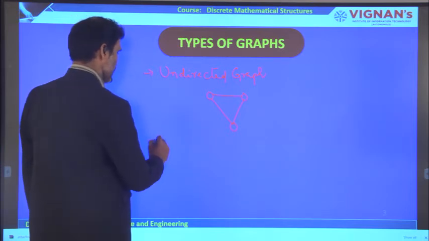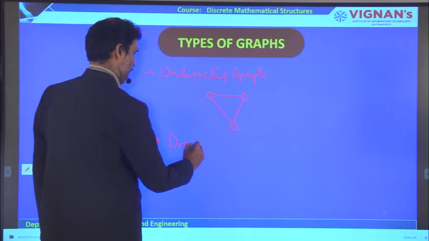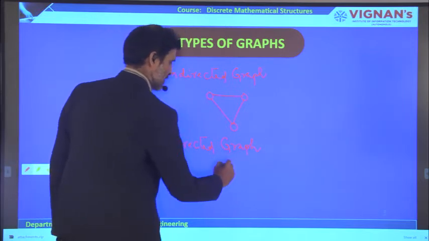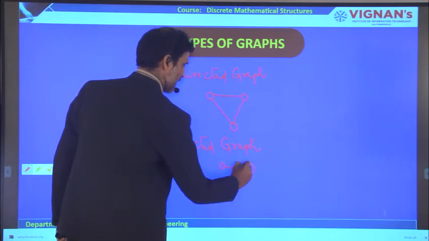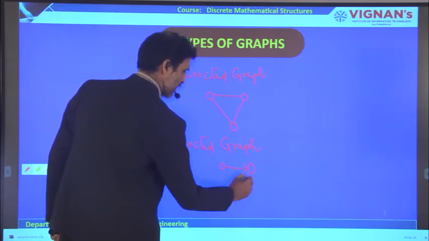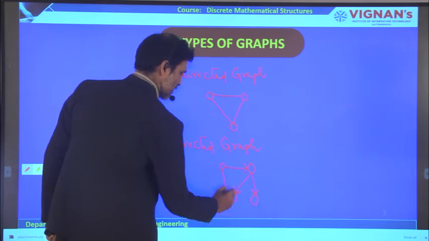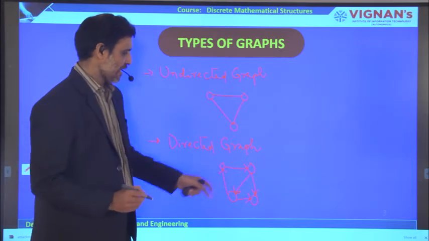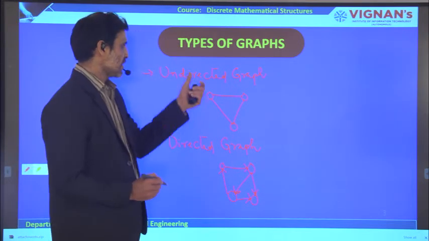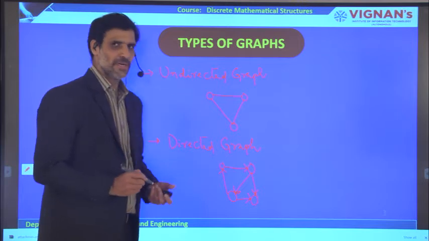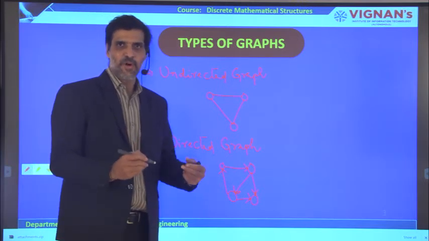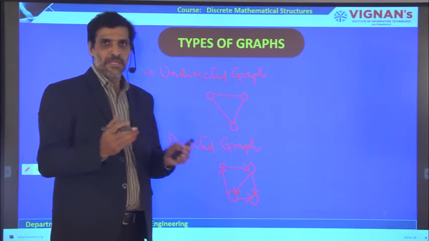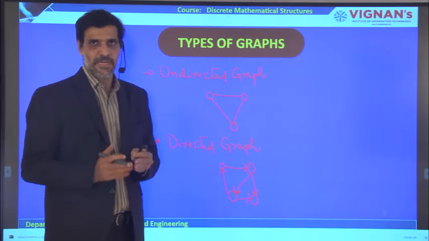And we discussed what we mean by a directed graph. In the directed graph you will have directions like this, this is one direction and this is another direction, and this may be another direction and this may be another direction. So in this graph there are directions and in this graph there are no directions, therefore it is called an undirected graph, and therefore this is called a directed graph. These are the graphs which we already discussed in the previous lecture. Now other than these two graphs, what are the different graphs involved in graph theory? Let us try to understand them.